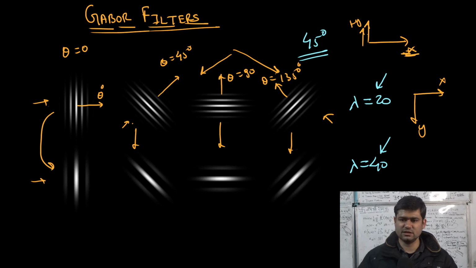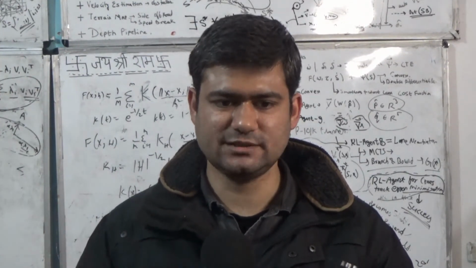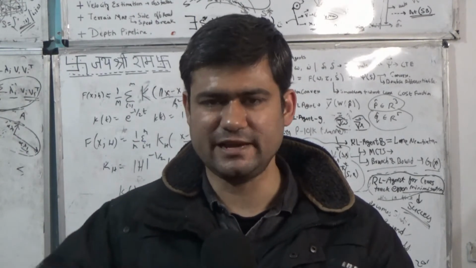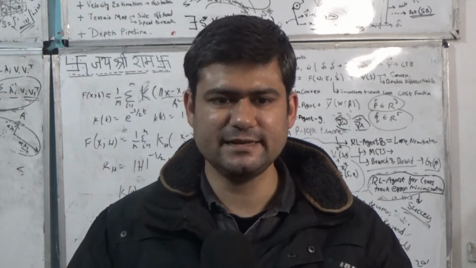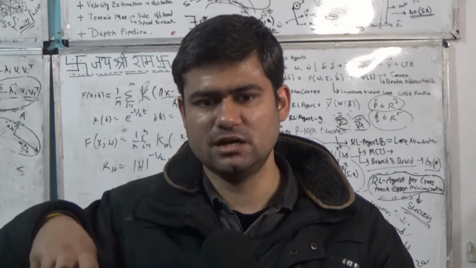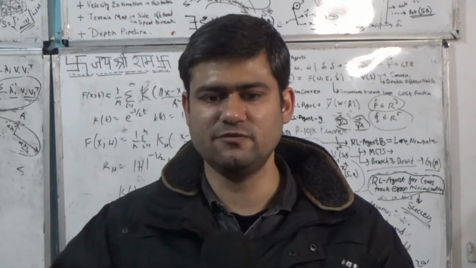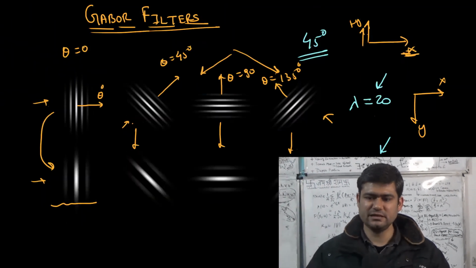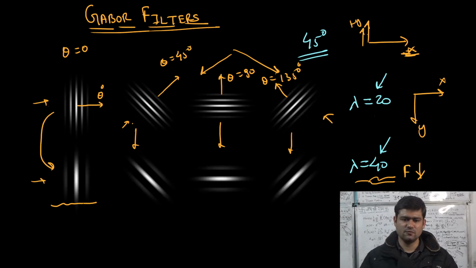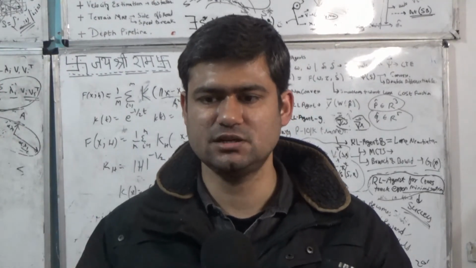So you can see with lambda being larger, we can select the slowly varying textures. For example, if the texture is fast varying, if it contains high frequency, then we would need too many parallel stripes to compute the orientation of that texture and capture its semantics. But if the texture is slowly varying, then we will need a larger scale, that is lambda being higher, which means that the frequency is lower, because this Gabor filter will capture the semantics of a texture that has low